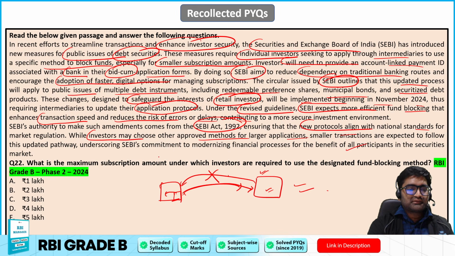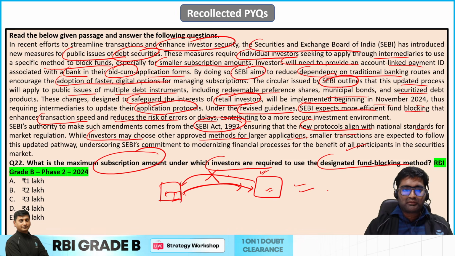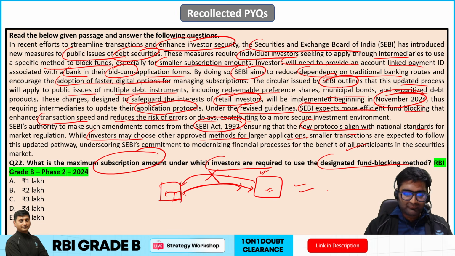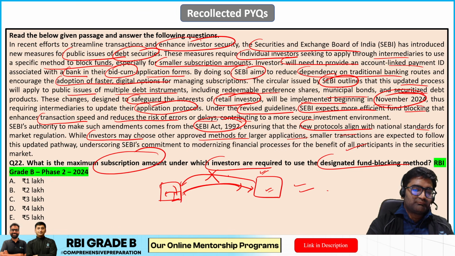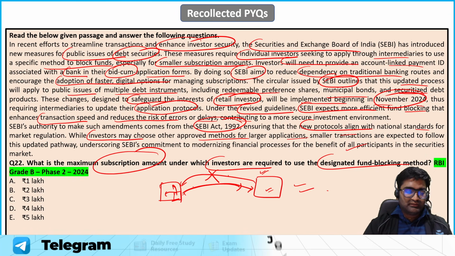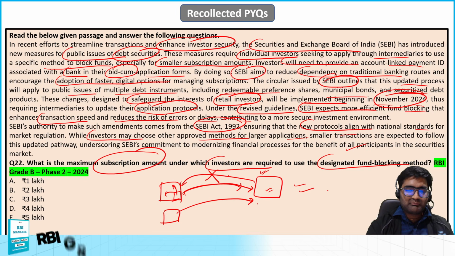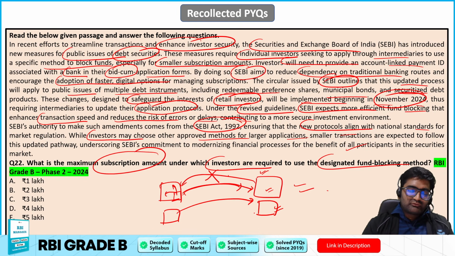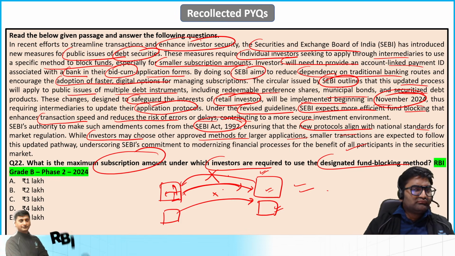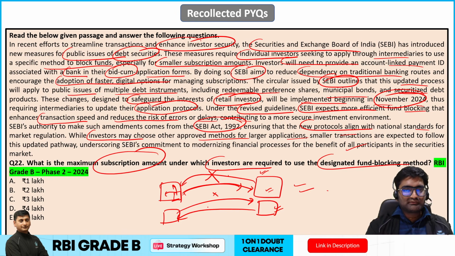Okay, so what is the maximum subscription amount under which investors are required to use the designated fund blocking method? So this was brought about in November 2024 mainly. So you will have to block this particular fund. What happens with that is it is there in your account, it is earning interest. Previously, this money used to be transferred immediately once you had done the deal to the company, and it goes there. Once you do not have that particular share allotted to you, the money has to be returned again. This used to take 2 days to transfer, 2 days to come back, 3, 4 days, 1 week gone,